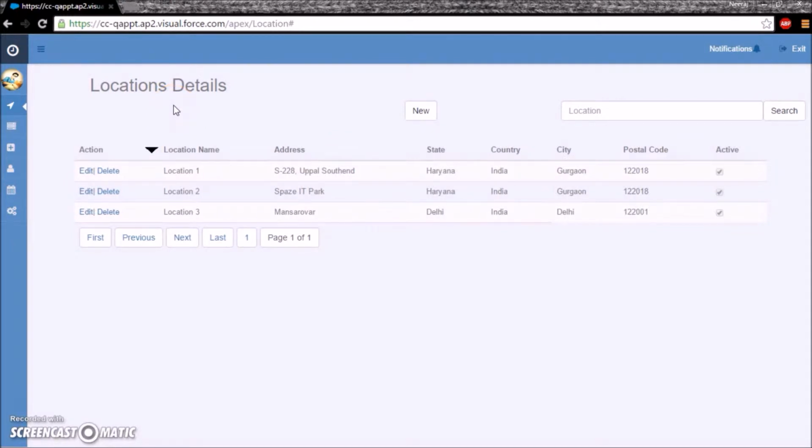For booking an appointment, we should have locations, services, staff and customers configured. So here we are on our first page, locations. Here we can create, edit or delete locations. We are showing 50 records on every page of our app, and we have provided a facility of pagination to navigate through records if there are more than 50. We can also sort locations based on any header. We can search any location by its address.